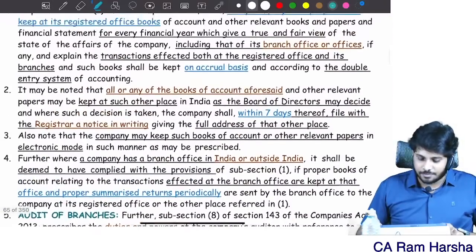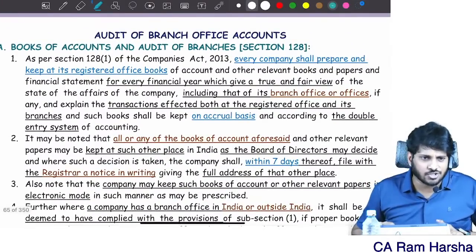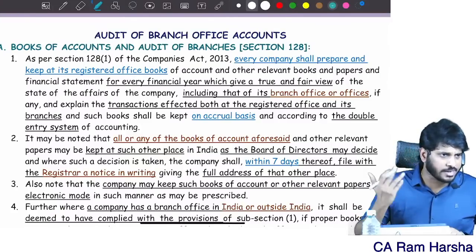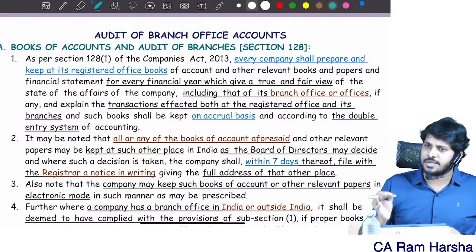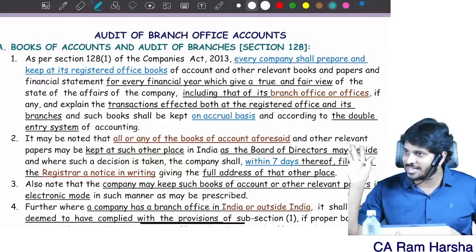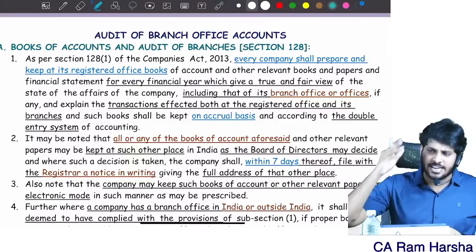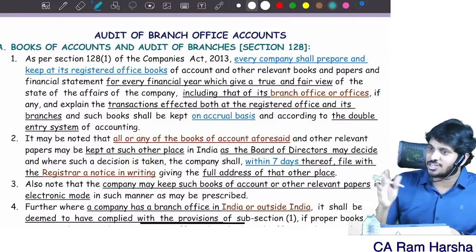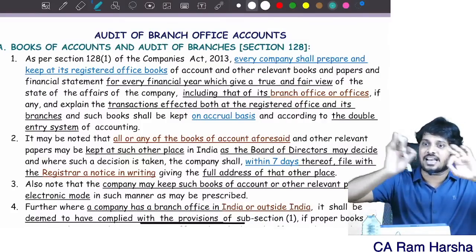Now tell me, first of all, should a company maintain separate books of accounts for branches? No compulsion. It is the company's option whether they want to maintain separate books of accounts for branches or not. That is their choice. In 99% of cases, companies maintain centralized accounting. Reliance Industries will have centralized accounting. They don't have branch accounts. Avenue Supermart, DMart, they don't have branch accounts. Many insurance companies and private sector banks don't have branch accounts. Branch accounts is not a popular concept in reality because today entire accounting is centralized.